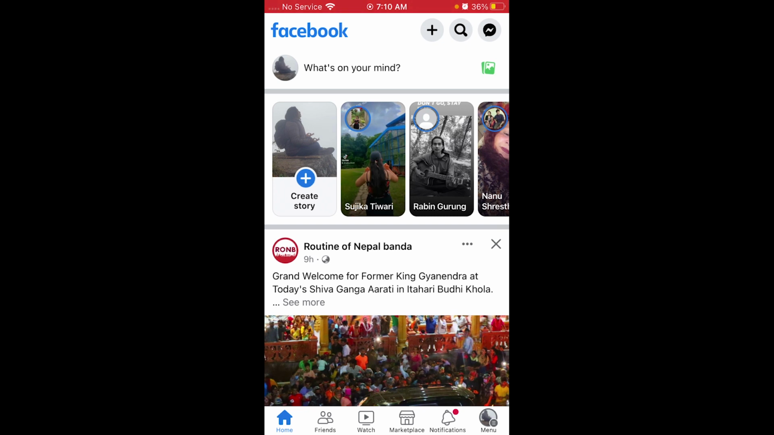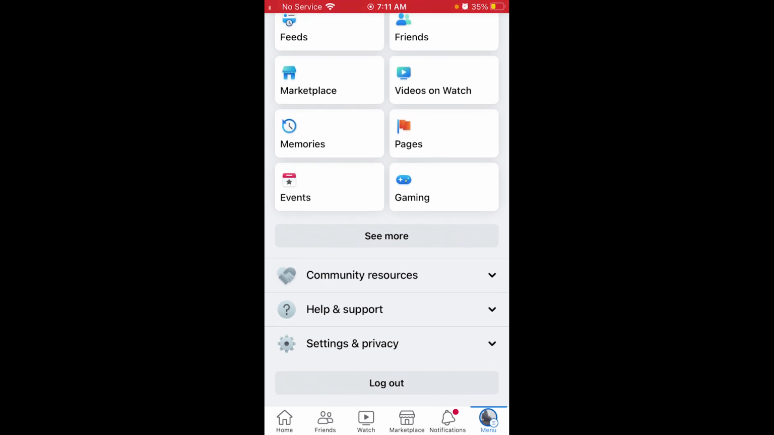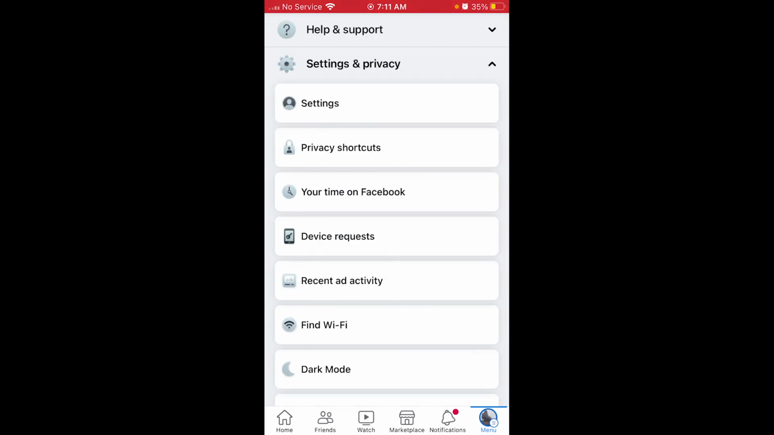And after opening your Facebook app like this, you can see the menu icon at the bottom right corner of the screen. Tap on that menu icon like this. And over here scroll down to the bottom of the page and you can see the settings and privacy option available over here. Tap on that settings and privacy option like this, and again you can see all of these